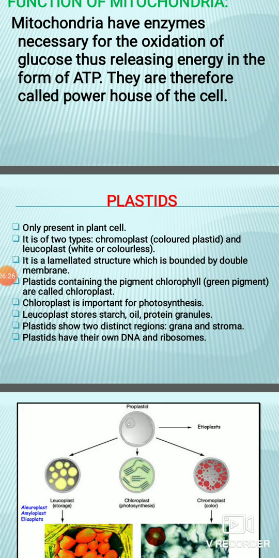And since leucoplast is colorless, it is generally present in the parts of the plant which are not exposed to light, such as underground parts like roots of the plant. Then it is also present in potato tuber. You know that that potato part is known as tuber, and it is also present in rhizome. Rhizome is nothing but the stored